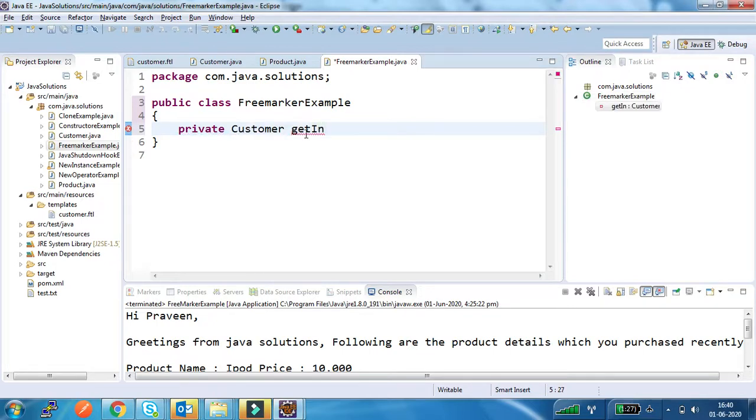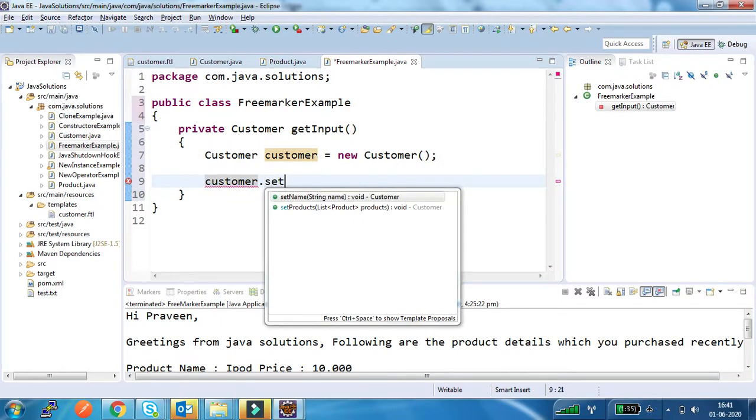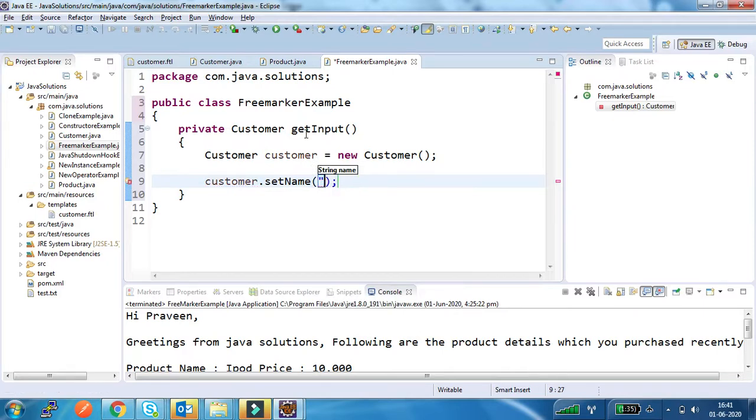So getInput. Inside this method I am populating the customer details. Customer.setName is Alex, and I am creating the products which he purchased recently,